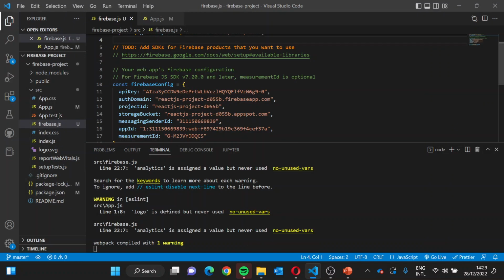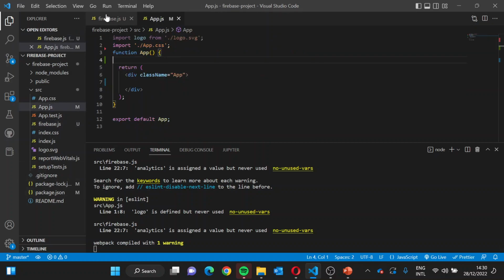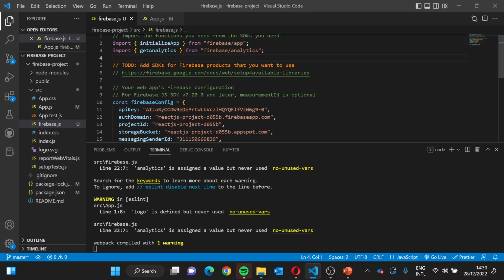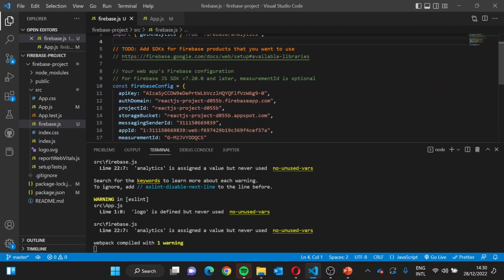So in the last video, we set up our first Firebase project inside of Firebase. You need to have a Google account to do so. And we had this ReactJS project, which is empty for now. So we have this app.js, which is empty, and we have created a Firebase.js file where we added these couple lines of code, which were provided to us